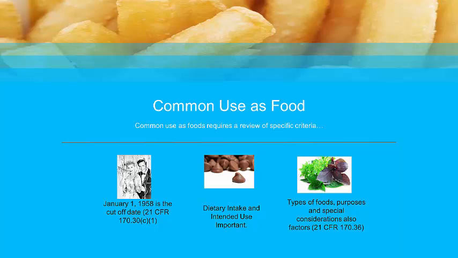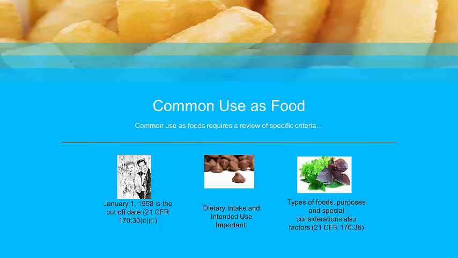For example, if we have a common use as infant formula or as baby food, and we're trying to broaden that to another category, maybe just general food for all populations, all ages. Does that work? Does the history of use support that broader application? And if it doesn't, if it really is just used with infant formula, for example, then we can't expand that